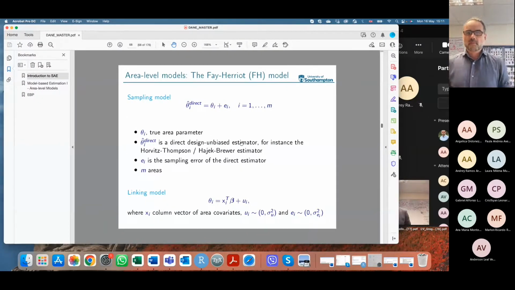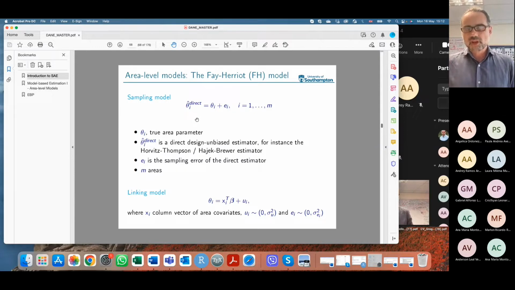Okay. So the most famous area level model, the one that has been used widespread, used in a wide set of applications, is the Fay-Herriot model, and this is what I started presenting on Friday. The Fay-Herriot model is based on what we call a random effects model or a mixed effects model, and it comprises two parts. In the first part, you define a sampling model, which relates the direct estimator of the parameter of interest, which here we denote by theta hat I, with a superscript direct to indicate that these are direct estimates, and these are design unbiased estimates of what we're trying to measure,